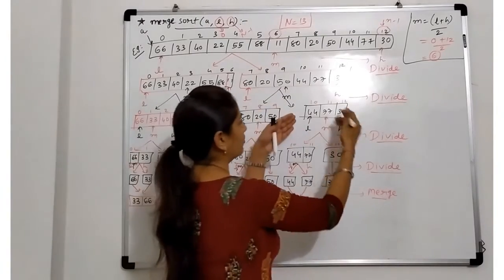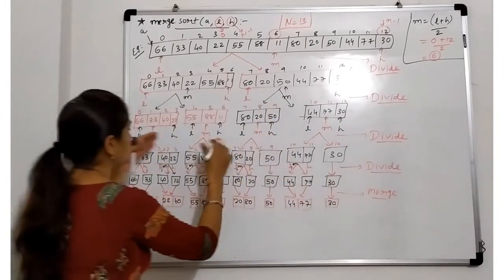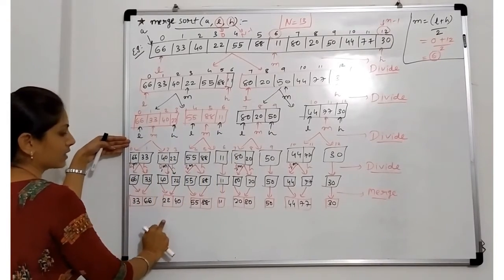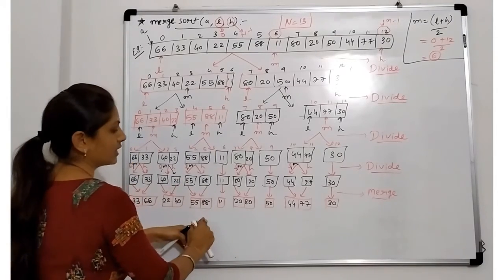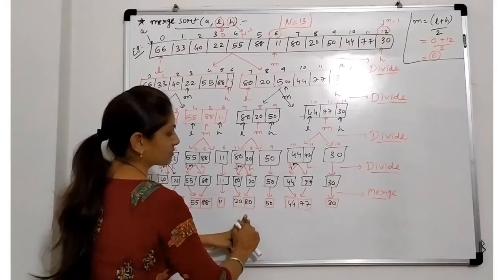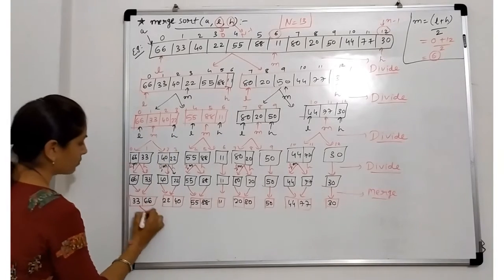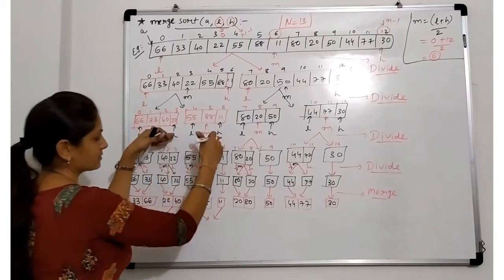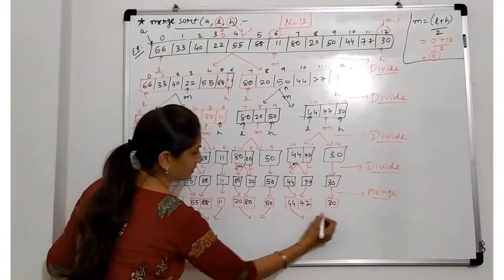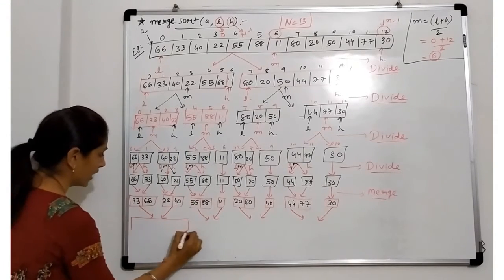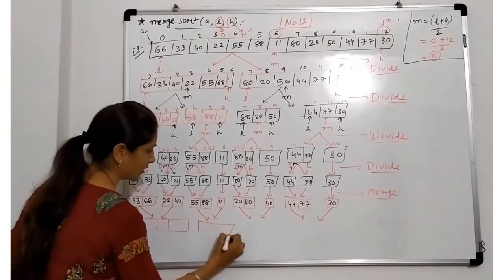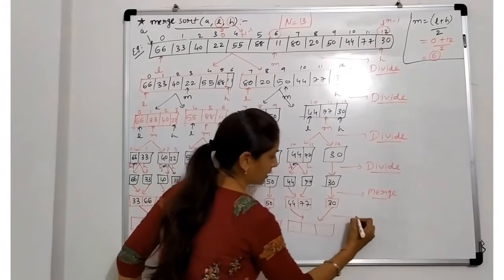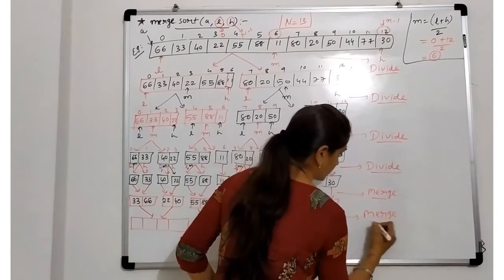Now go to the divide step above. In this divide step, we divided these 4 elements, so these 4 elements are combined. Then these 3 are combined. Again these 3 are combined. Likewise, now combine these 2, because it was divided. Likewise this is combined. So how many elements do we find in total? 4. Here 3. Here again 3. Here again 3 elements.